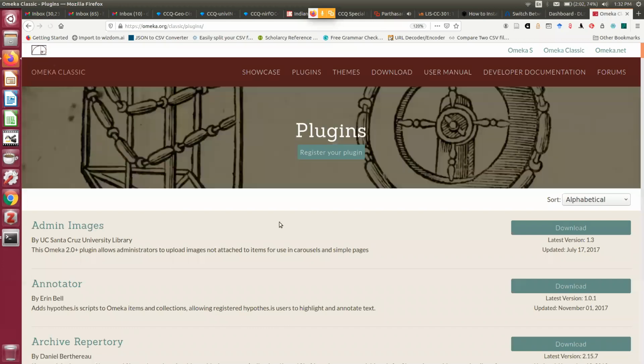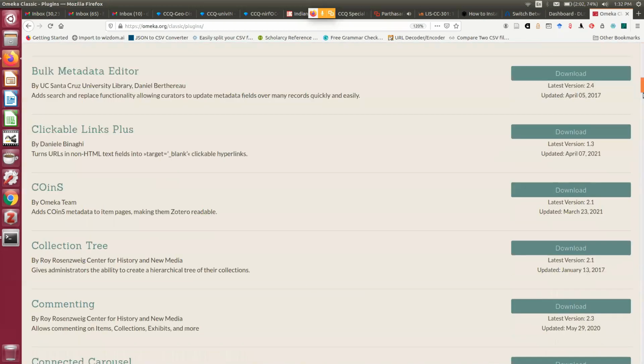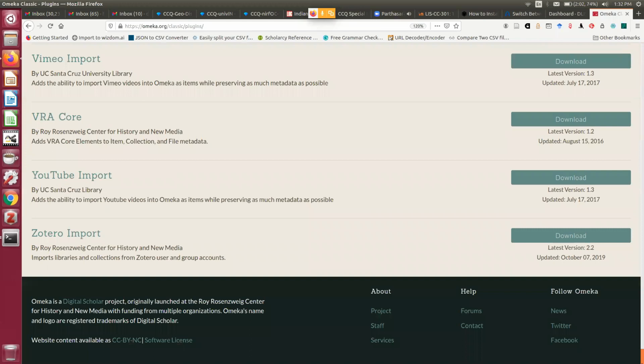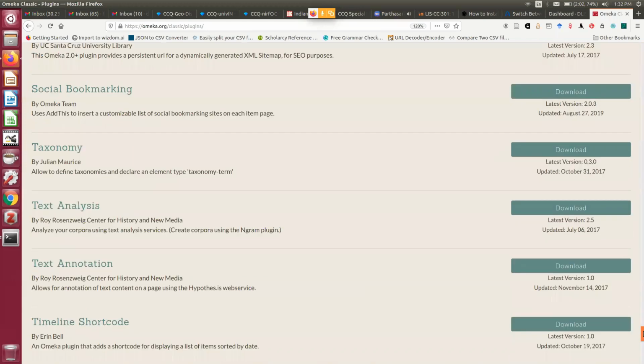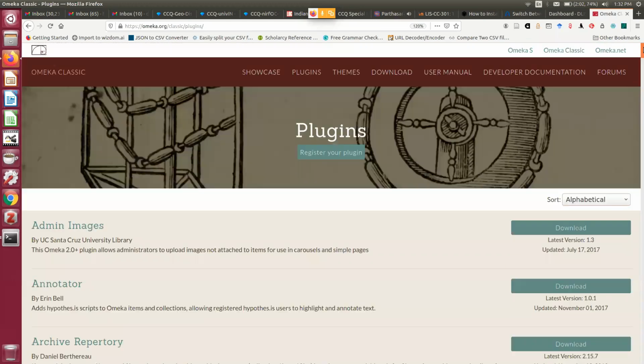So this is our plugin directory. All plugins are arranged here alphabetically or by recently updated. By default, it is arranged alphabetically. So there is a huge number of plugins you can see,